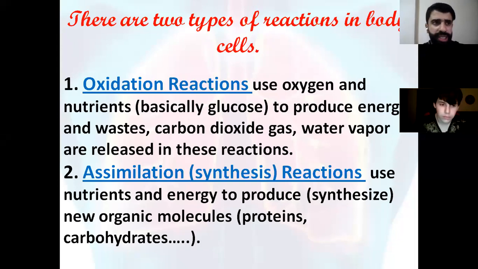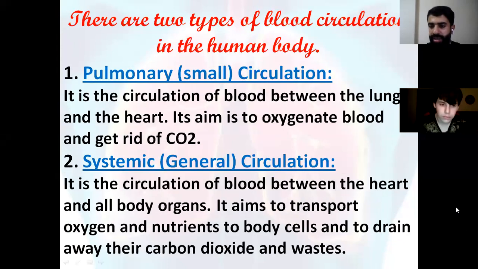So we have two reactions, assimilation and oxidation. Oxidation uses oxygen and nutrients, basically glucose, to produce energy, while waste, carbon dioxide gas, and water vapor are released. Assimilation reactions, the synthesis, use nutrients and energy to synthesize new organic molecules, as in the case of proteins and carbohydrates. Here, pulmonary and systemic. Pulmonary is the small one between the lungs and the heart. It aims to oxygenate blood and to get rid of carbon dioxide, while the systemic is between the heart and all the